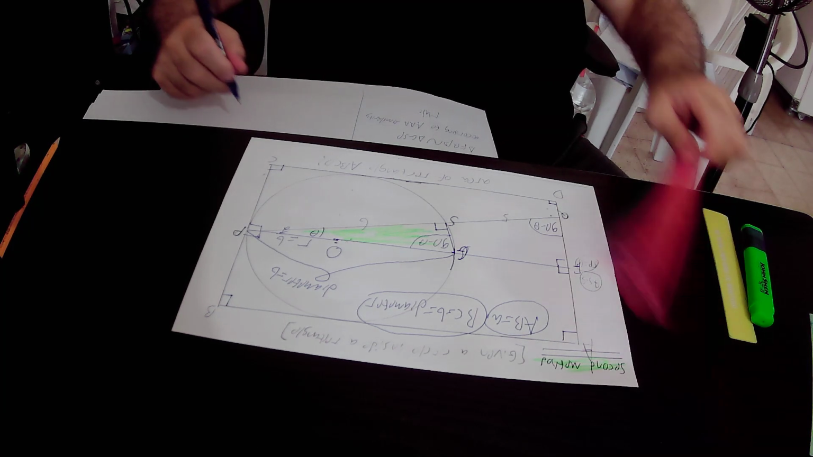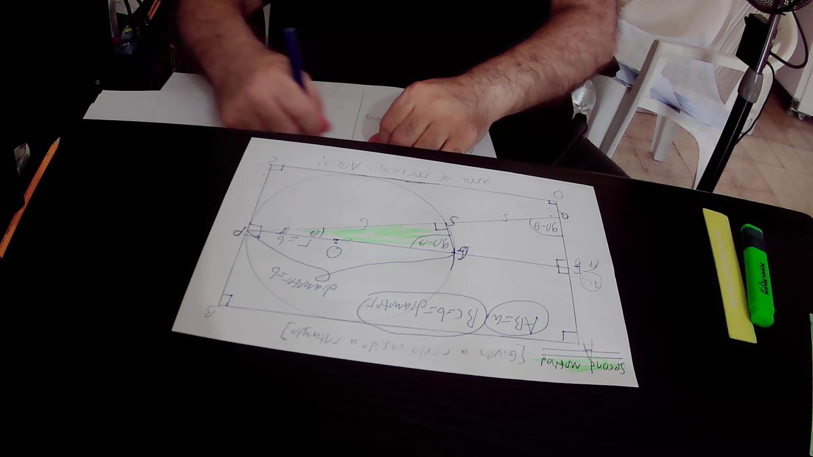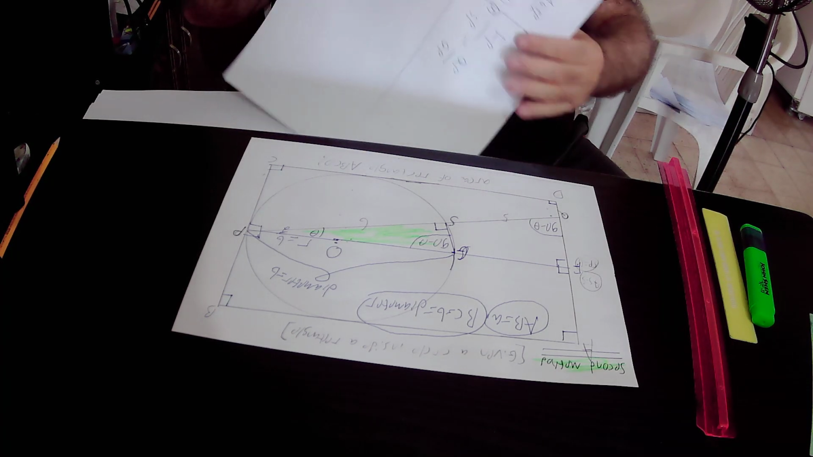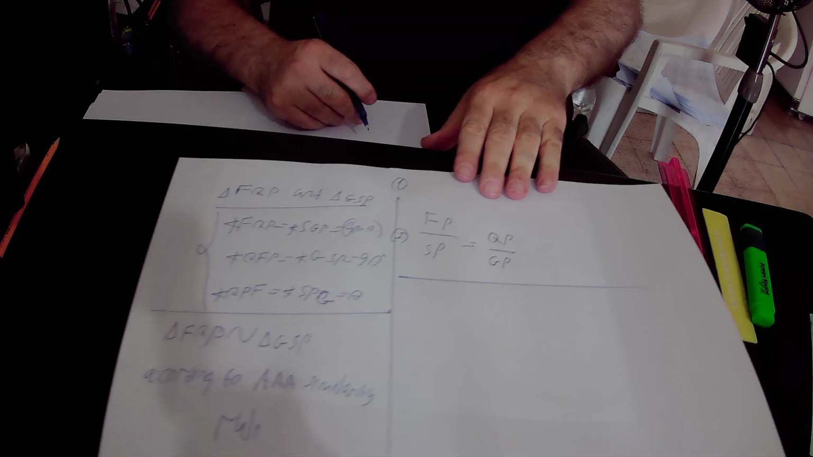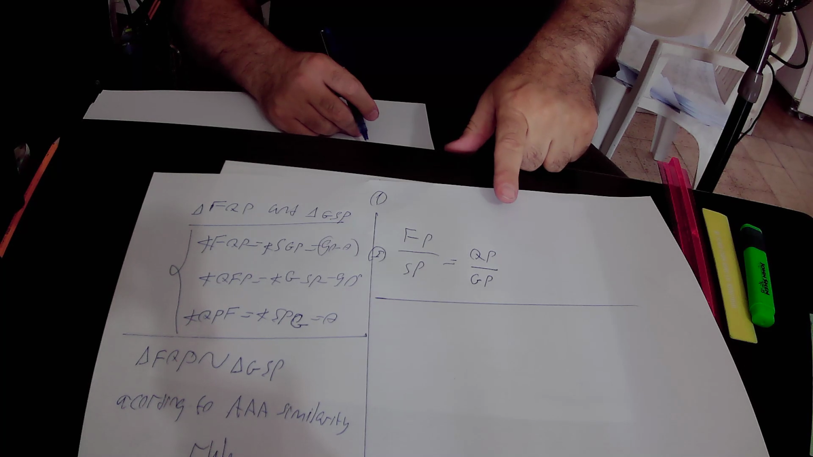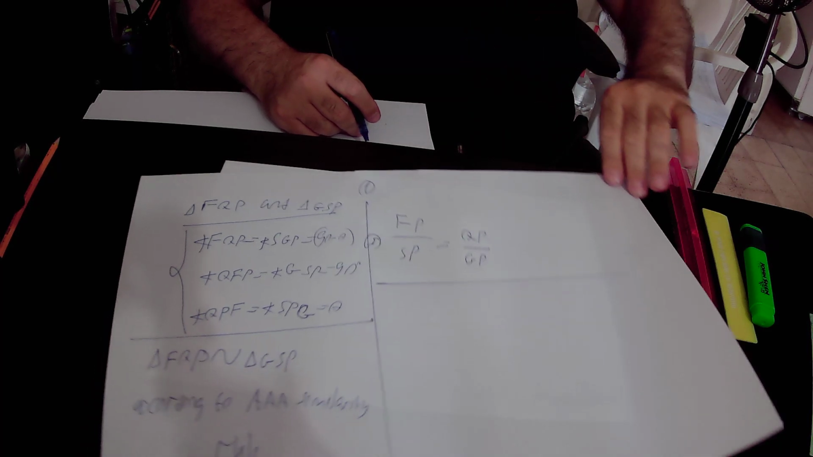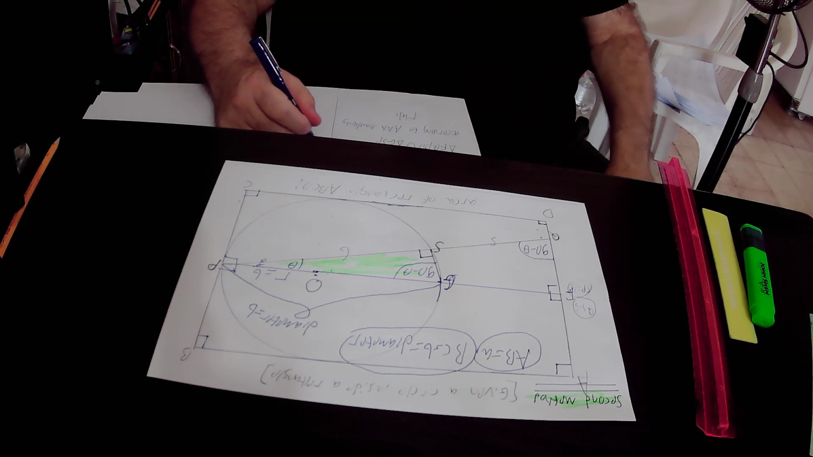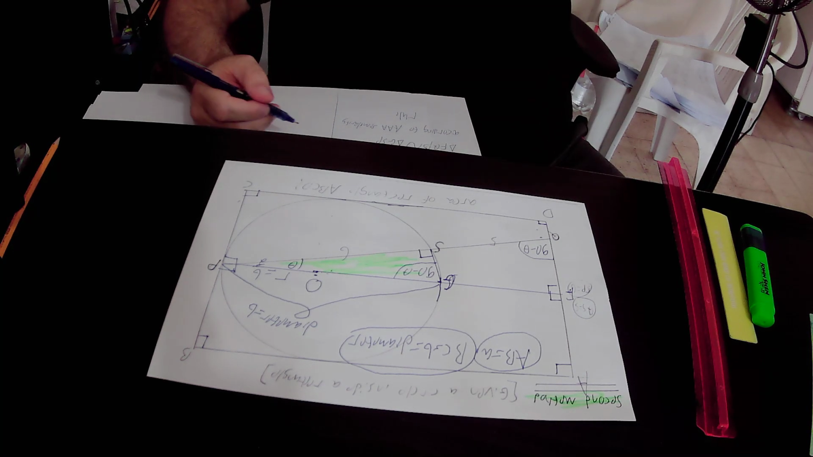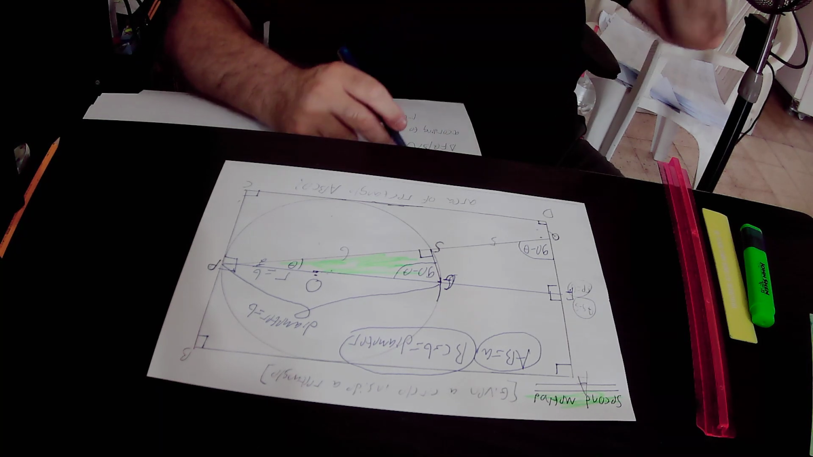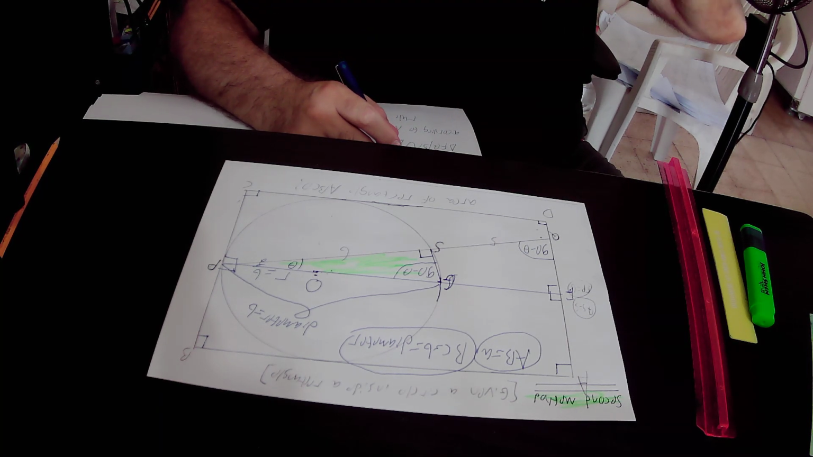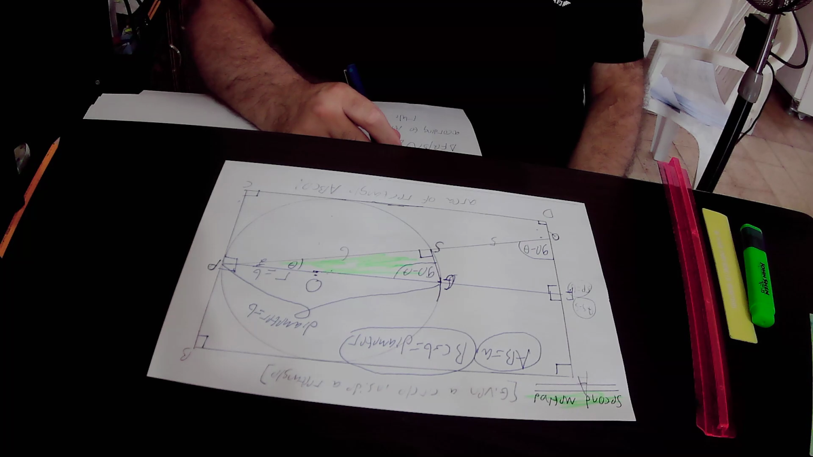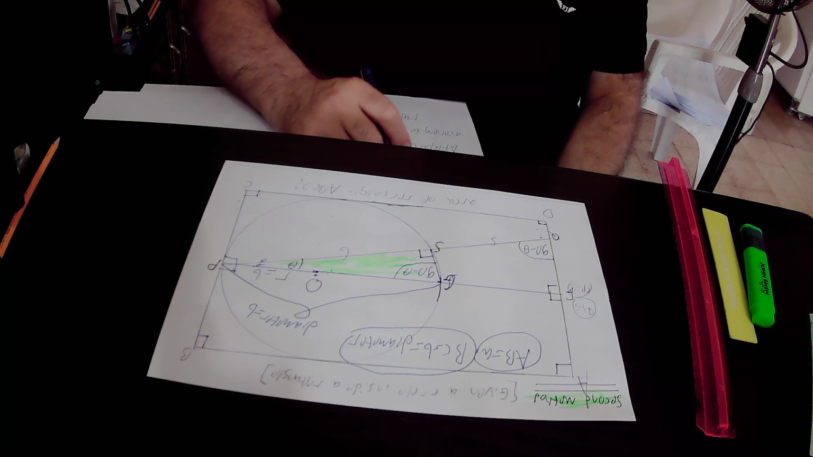Repeat again. I found out that according to equation number 1, FP over SP equals QP over GP. Okay. So here we have FP. So here we know that